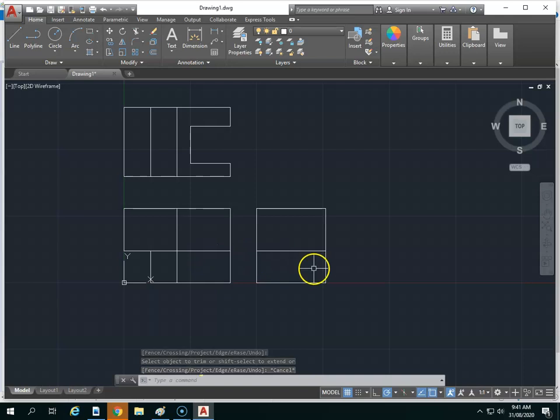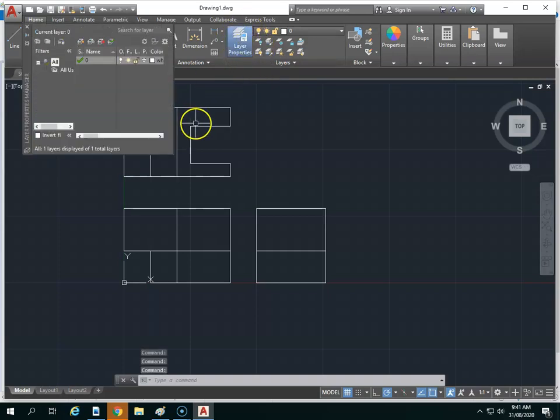Now, I want to show you how to create new layers. Okay, so when we go to new layers, if we go to the layer properties tool here, I want to create a new layer. And the new layer is this button here with a little orange asterisk, sort of fireball shaped thing. And I want to call this layer, we can have like layer 1, right? We could call that